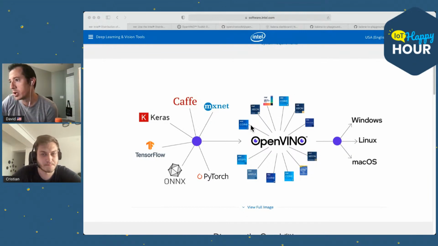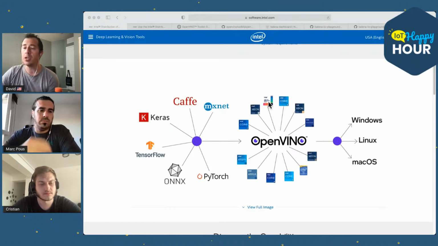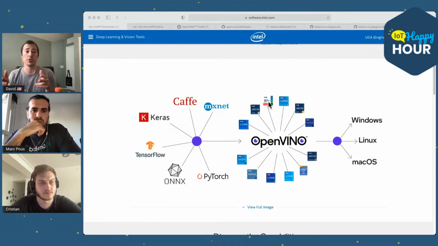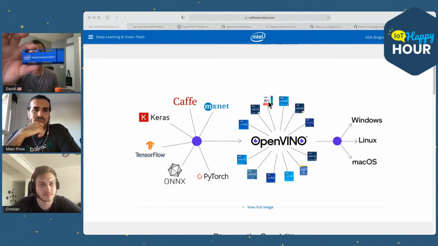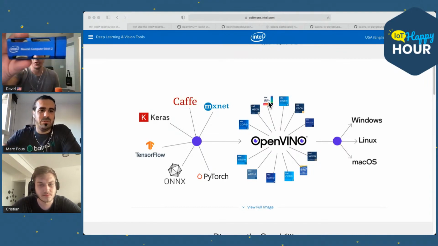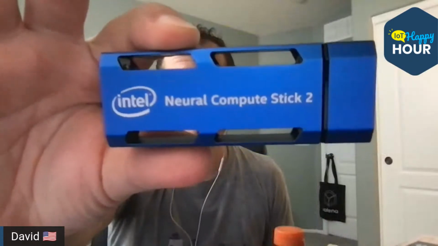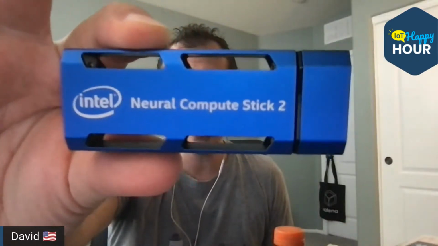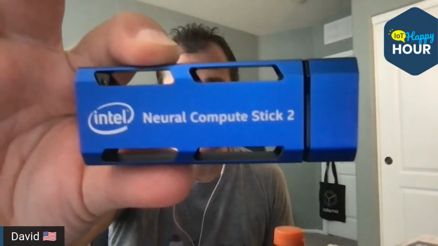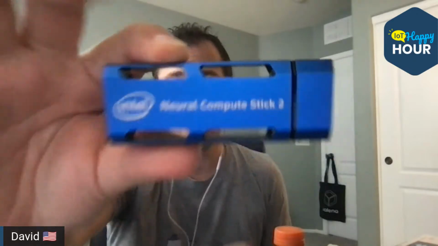And you can see they're showing off that it runs on Core, runs on Xeon, runs on Atom. They've also got Iris, that's GPU. And so to your question, Mark, about is it a stick? Well, not really. They do produce a stick that is a dedicated AI accelerator piece of hardware.